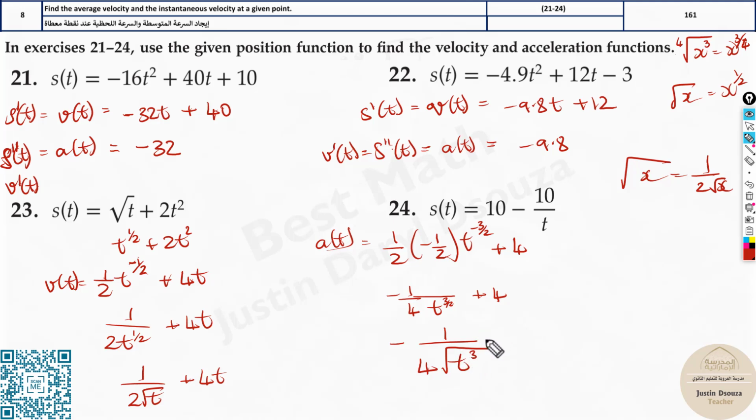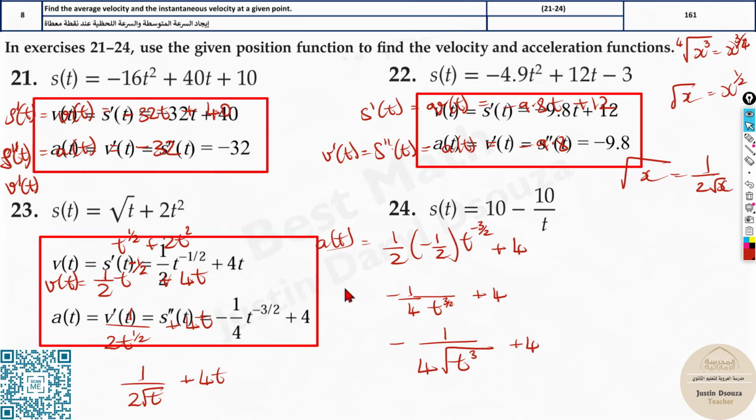And t to the power 3. That will be plus 4. So this would be the final answer for the third question. You can see here, okay, they didn't go in so much depth, but this is also correct because generally in